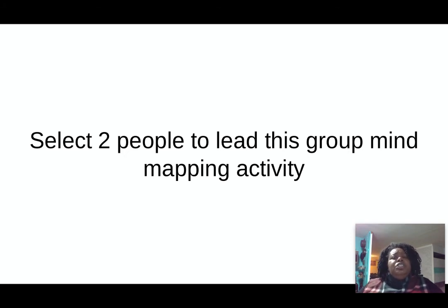So I want one volunteer to go ahead and get a piece of big post-it paper, and the other facilitator to go ahead and pass out the paper that is in the front of the room. So I've left half sheets of white paper with tape in the front of the room. So go ahead and pass those out. Give each person about two or three sheets. Everybody in the room needs to get something to write with, a pen or a pencil.